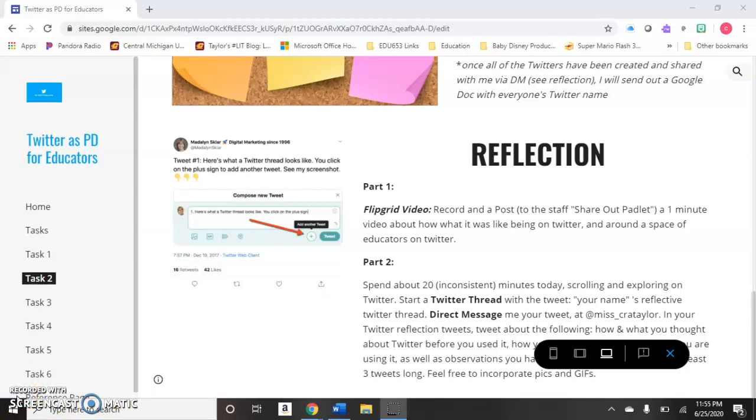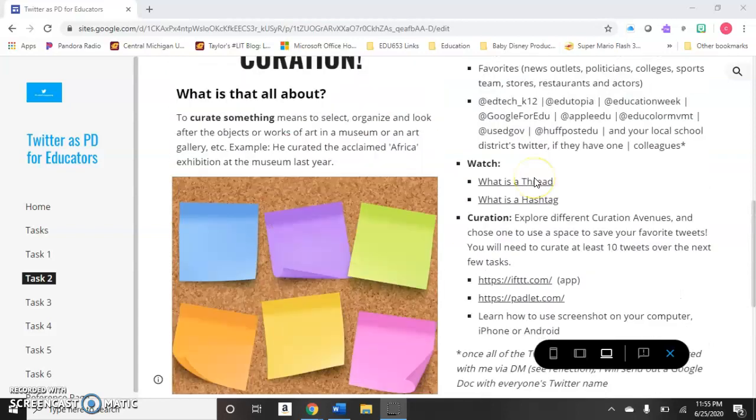When it comes to enhancement and the standard about the technology creating higher order experiences on Bloom's taxonomy, I believe that the teachers being required to make a Twitter thread that they have to reflect on satisfies that, as they are creating a micro blog and they're updating it constantly.